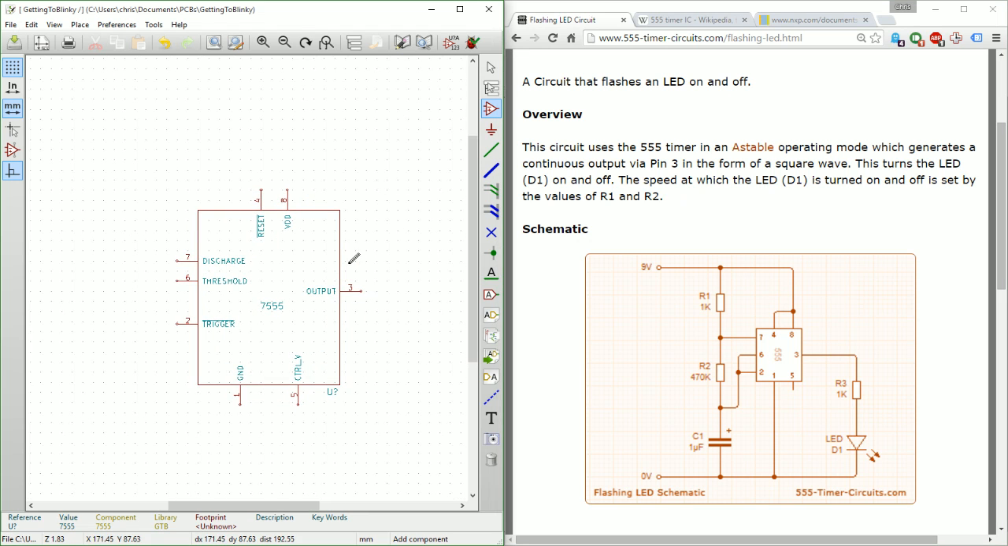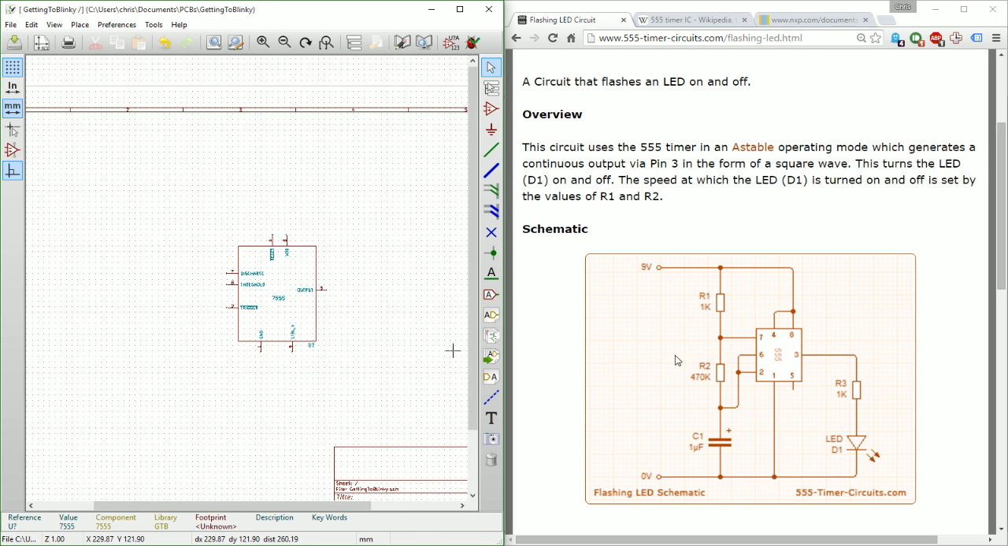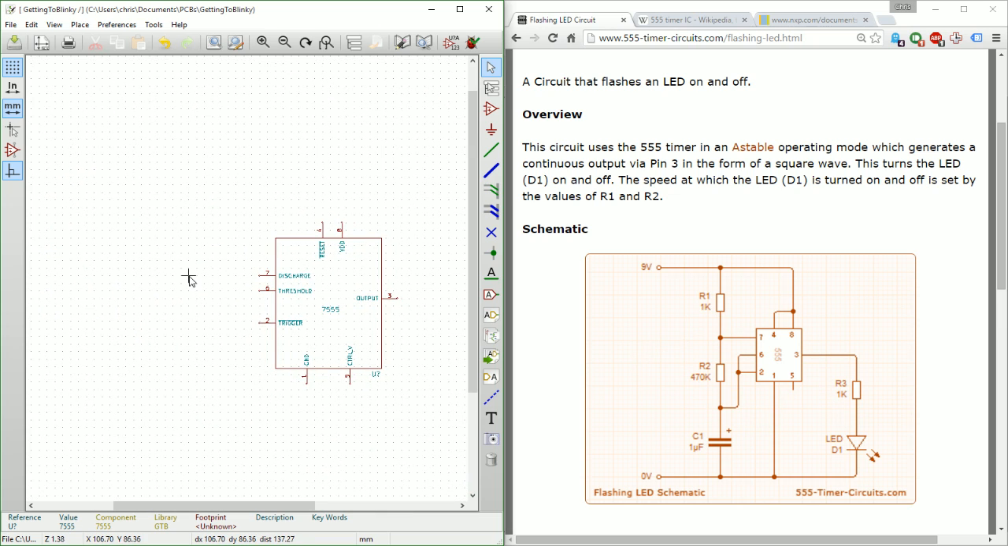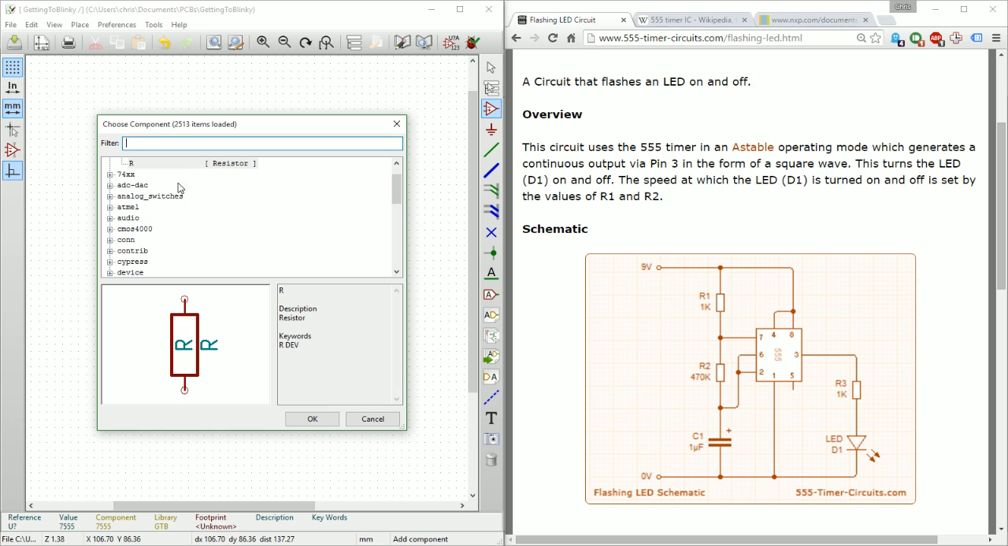There we go. And now what we're going to do is hit the A key and then put in some of these other components. So we have 3 resistors, we have a capacitor, and an LED. Resistor LED is doing the flashing, resistor doing current limiting, and then these 3 are actually just setting up the timing. So what we need to do is first hit A, and then we see if I type in R,